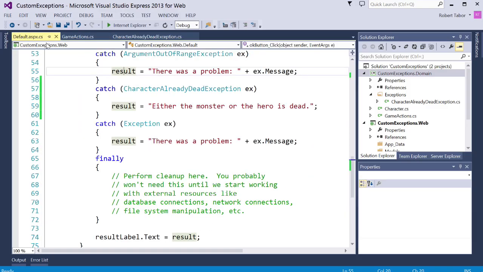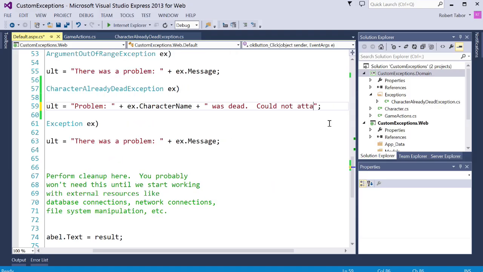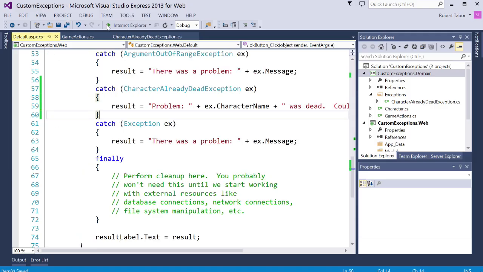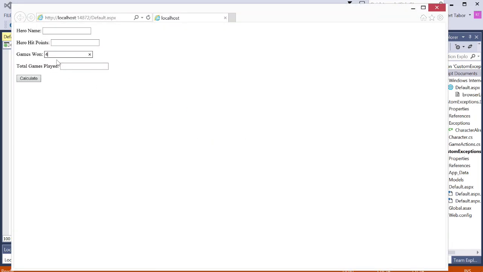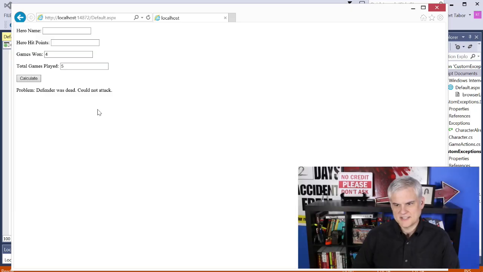And now here we'll go character name was dead. Maybe I'll even do this problem. There we go. Good. Okay, here we go. Or defend, I guess. So, all right, defender was dead, could not attack, or I should put defend in that case, but hopefully you get the idea